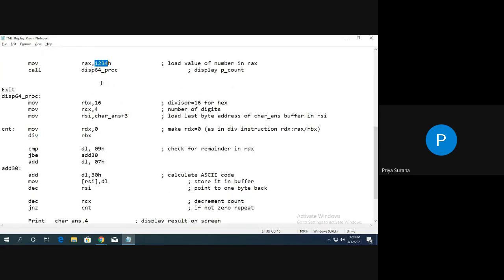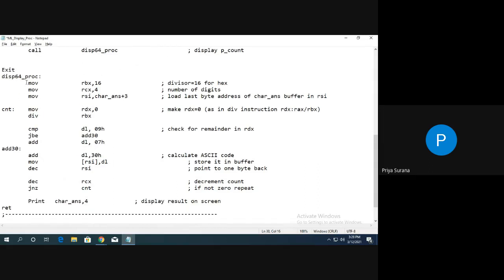How to separate out each digit? If I divide this number by 10, by 100, what will be the remainder? Can I use that method to separate out each digit? Yes, I can use it, and it is used here. After separating, we can convert into ASCII hex.